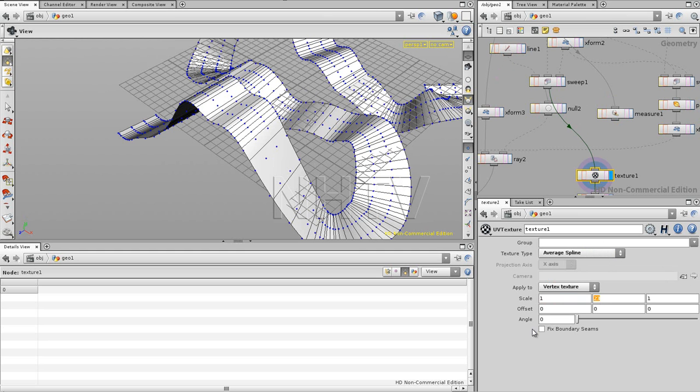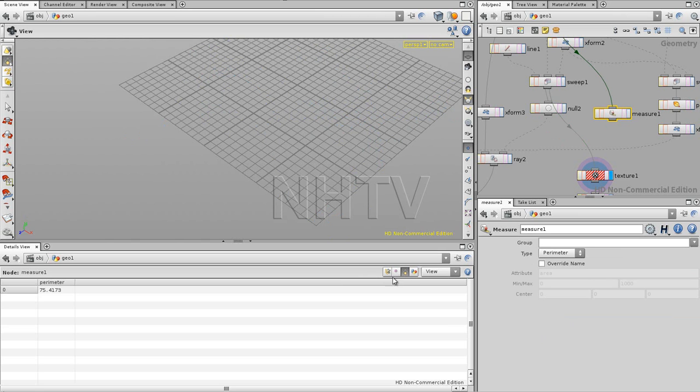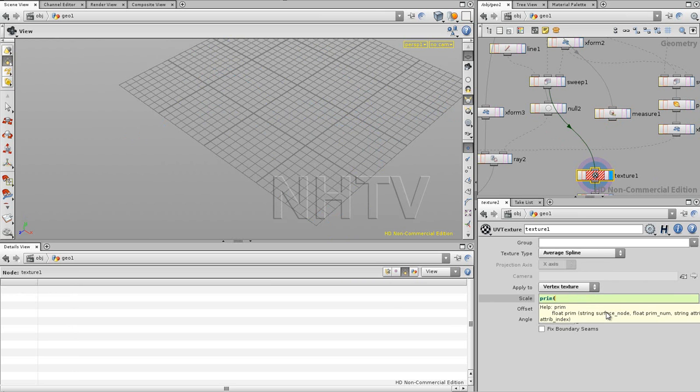So for that we're going to use the prim expression. Prim expression is like point expression. You can get an attribute from a primitive, and as you can see with this measure node we have created a new attribute called perimeter, which is stored in the primitives. So with this expression prim, we can refer to that node measure 1, and then we say which primitive. Since we have only one primitive, it's not an issue. So we're going to select primitive 0, then the name of the attribute that we're going to take, perimeter,